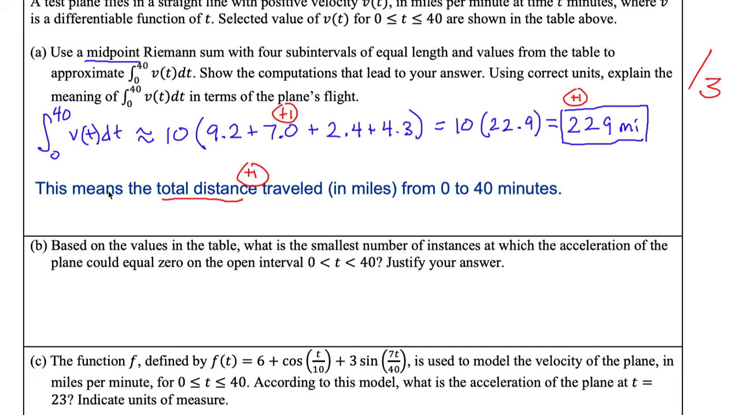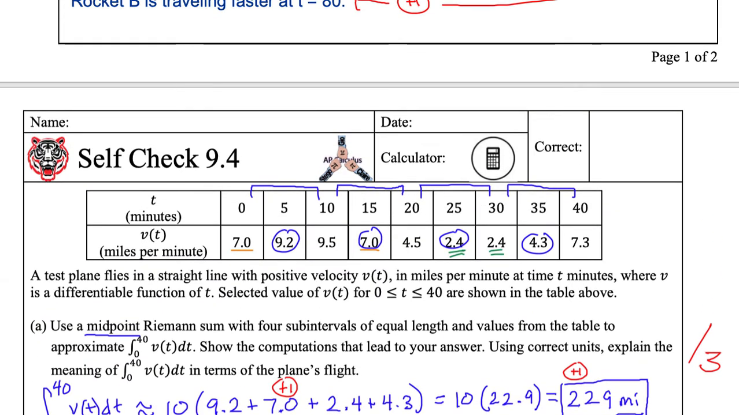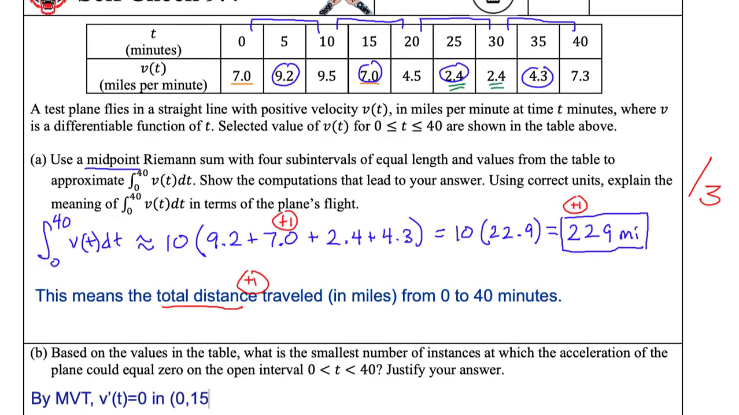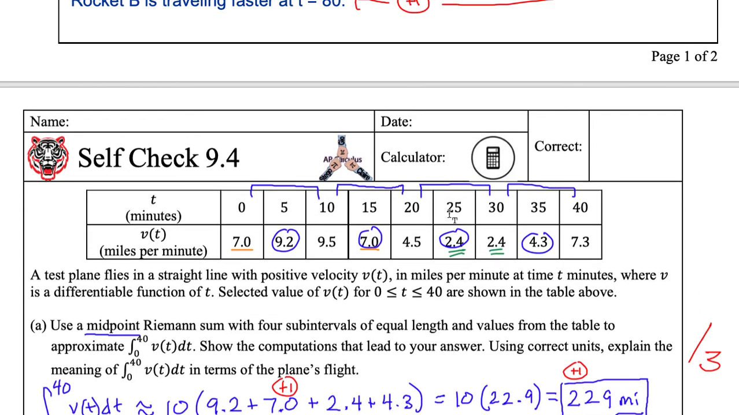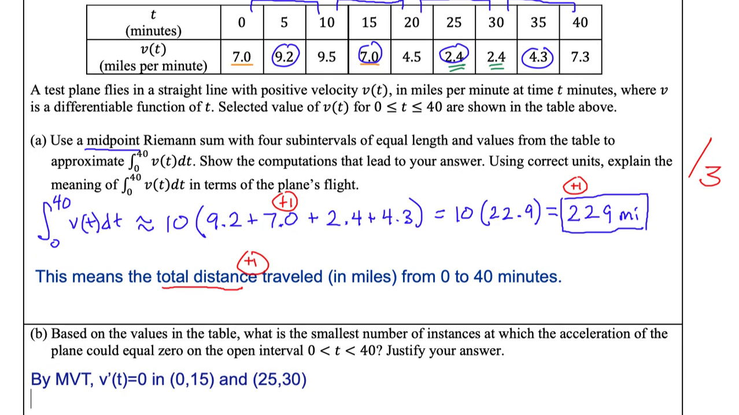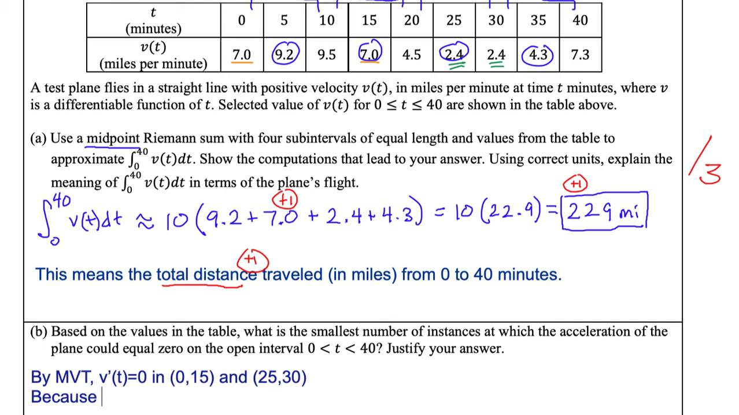So how do we type that out? How do we write our answer? We say this: by mean value theorem, MVT, you can just abbreviate, v prime of t has to be 0 where? In the interval between 0 to 15, and what was the other interval? Between 25 and 30. Why? Okay, so we say because